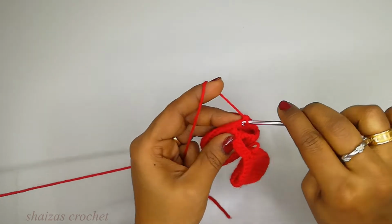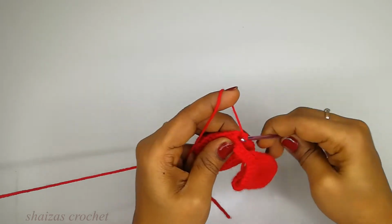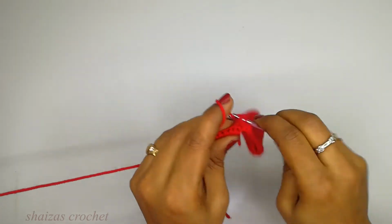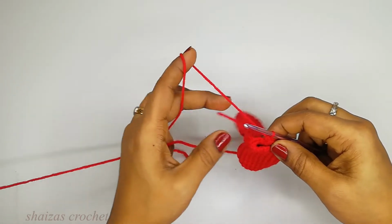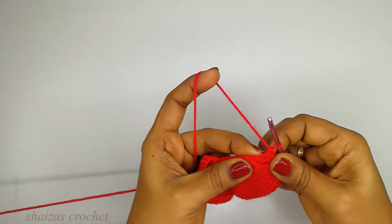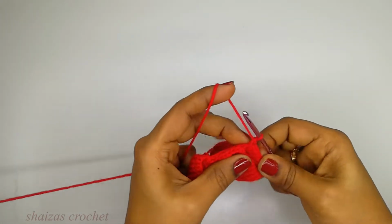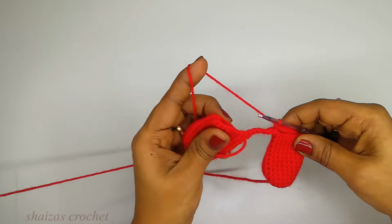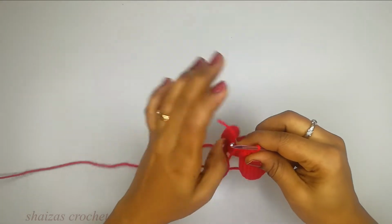1, 2, 3, 4, 5, 6. Into the next stitch, 2 single crochets, 1, 2. Next stitch we are going to do a single crochet,